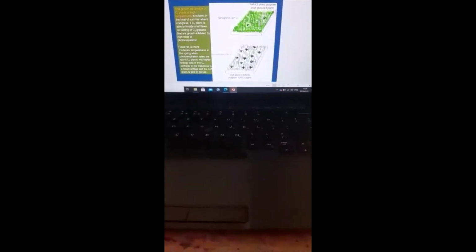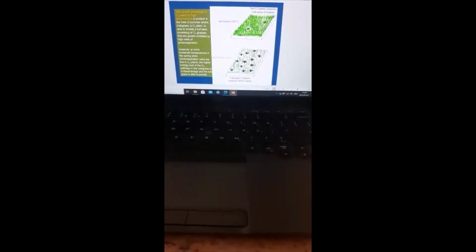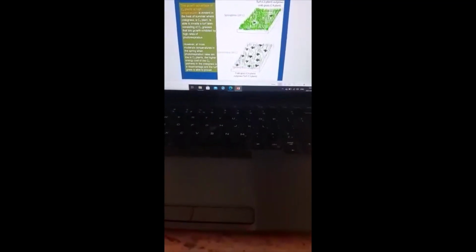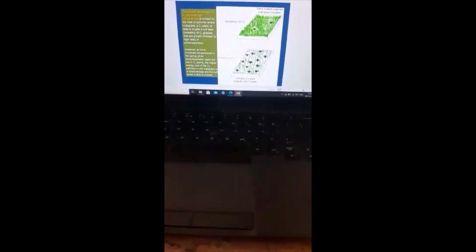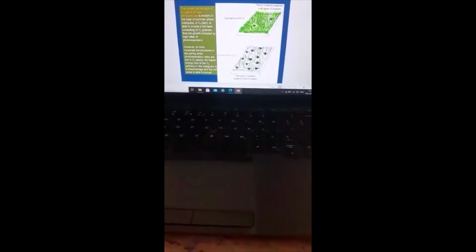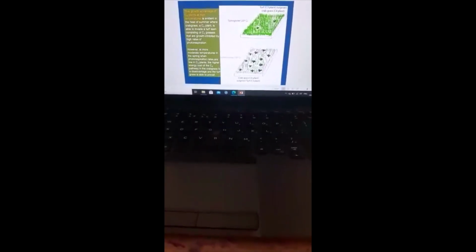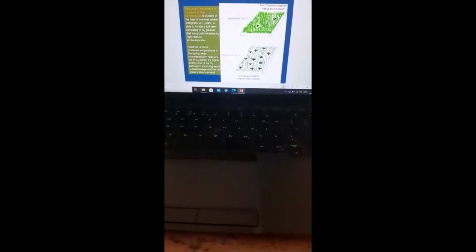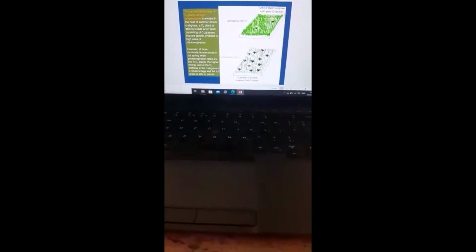On the other hand, in situations where temperatures are low, 20 degrees and below, C3 plants are favored as compared to C4 plants. So this basically means the mode of photosynthesis, plants that photosynthesize through the C3 pathway, called the C3 plants,